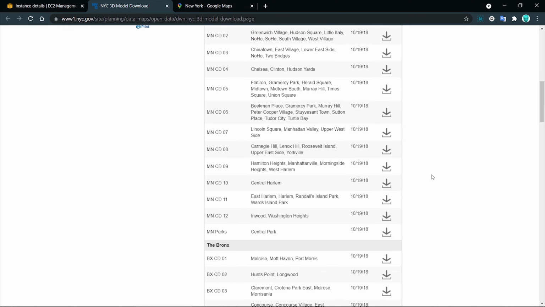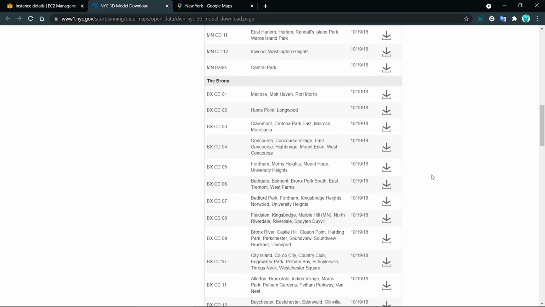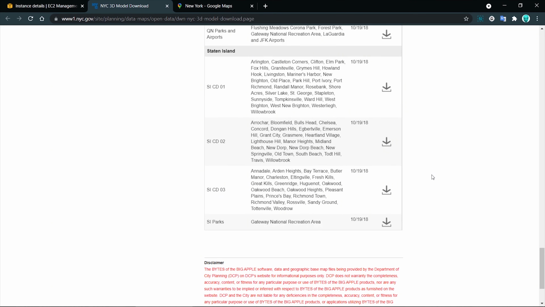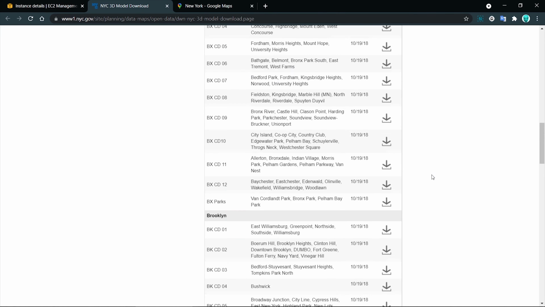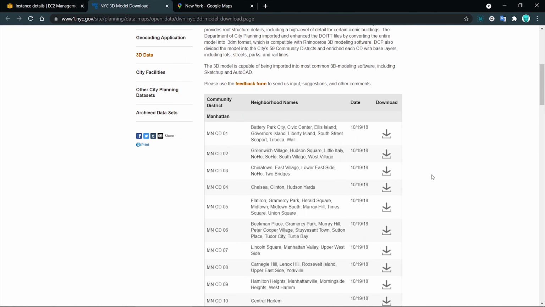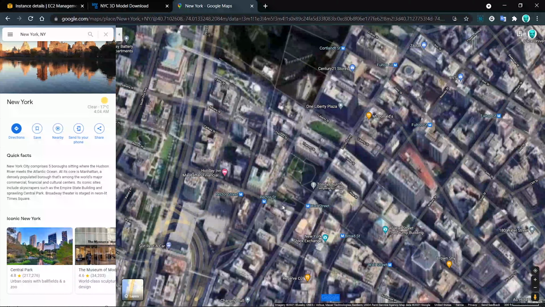In the same way there are multiple segments of the Manhattan area, the same for the Bronx area, Brooklyn areas, Queens areas, and for Staten Island. So these models you can download and convert to the FBX format, and import into the Unreal Engine. Just put your materials and design those maps perfectly, and you have a real world